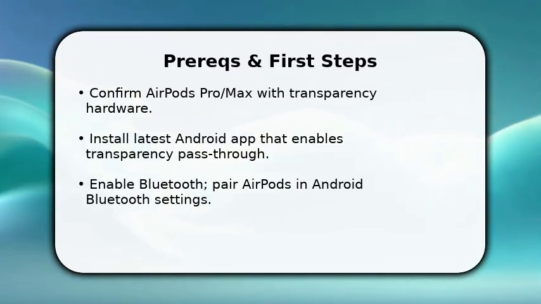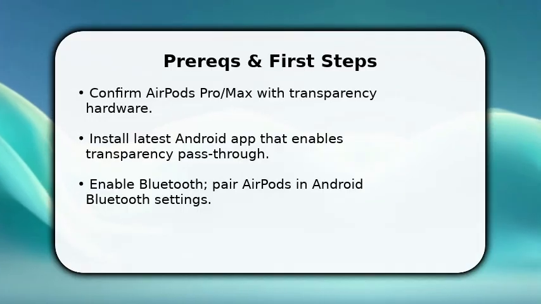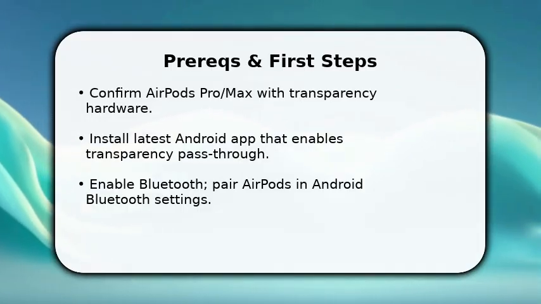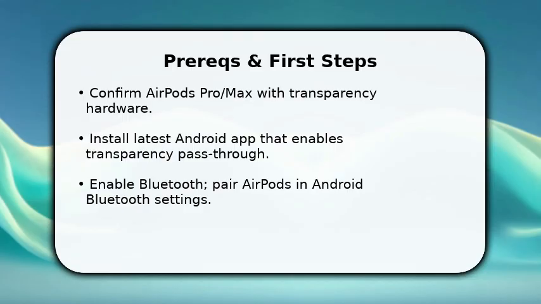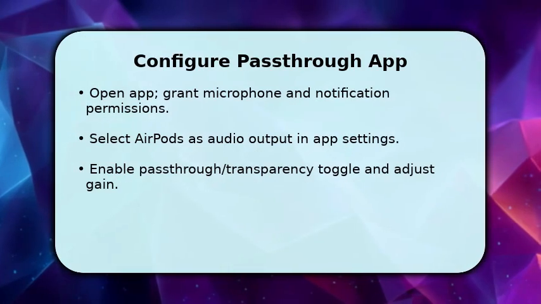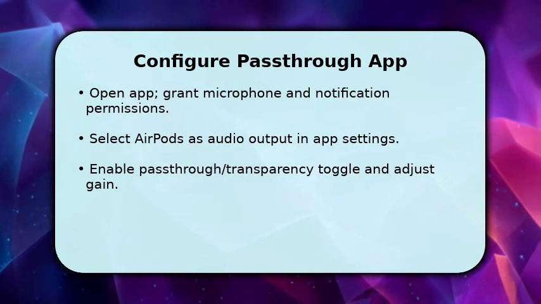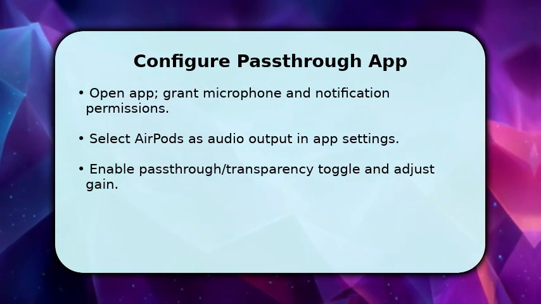Once done, install the companion app that provides pass-through processing on Android. This app will route microphone input through to the output. Make sure location and microphone permissions are granted so the app can access the mics and run in the background. Open the pass-through app and accept all requested permissions, notifications, microphone, and run in background, because the app needs continuous